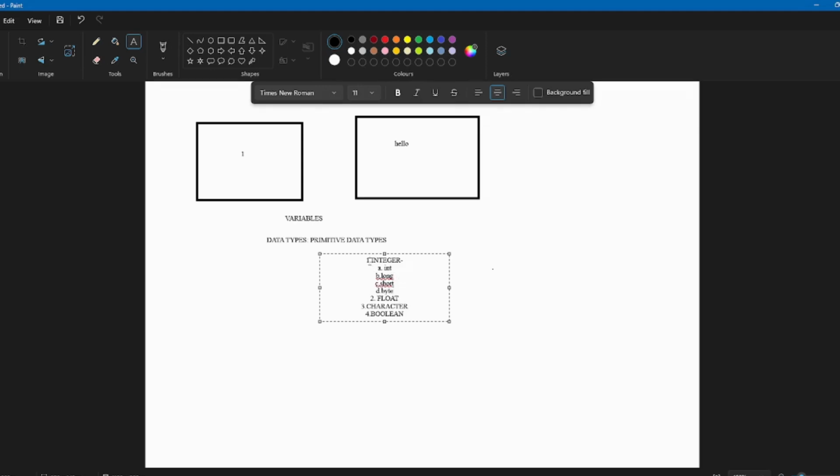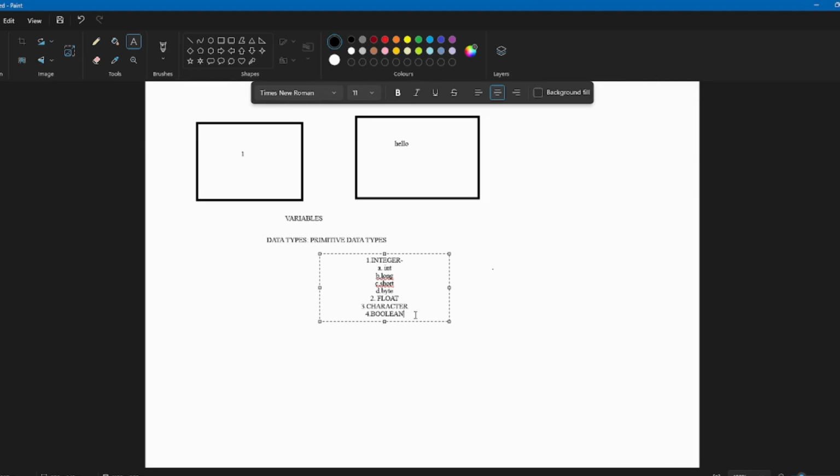As we know, we use integers for storing integer values like 1, -1, 0, 2, and all those things. We use float for storing decimal values, and then we use characters for storing characters like hash, at, or any other values or digits like that.